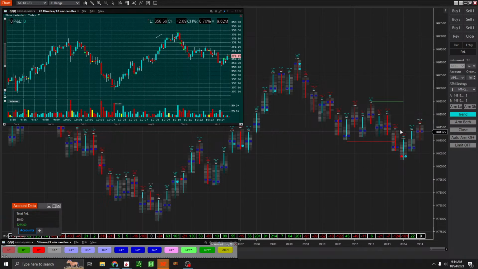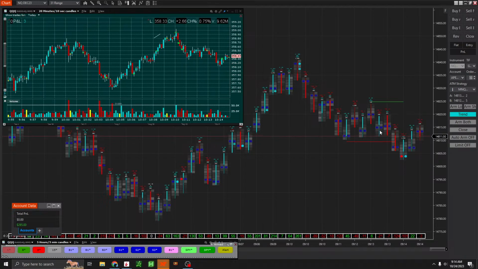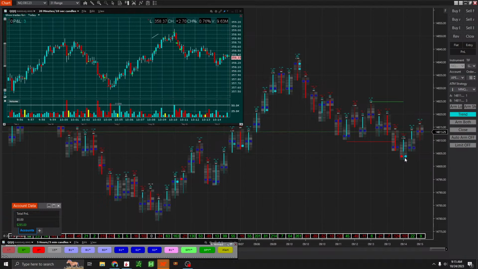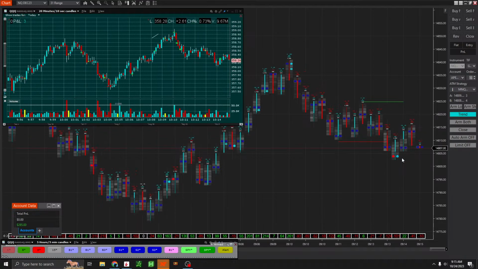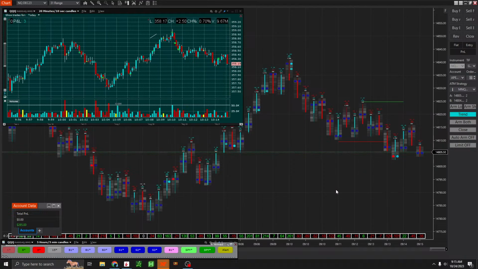I didn't like to hold. I guess I should have held it. I didn't like to hold it because the range here is really, really small, and I was trying to play off of this. So this is not an A plus setup. It's more like, okay, people might be selling and then people might be buying, so it's absorption and then active selling, active buying, active selling, absorption into active buying. But as you can see, it's kind of a poor play. So probably a good idea that I left that one.